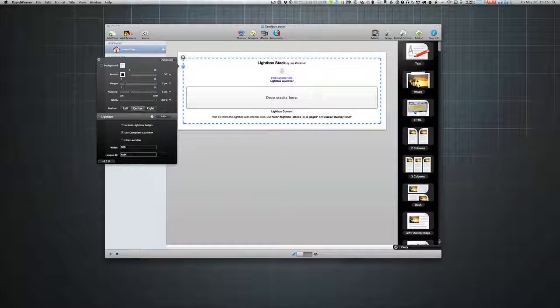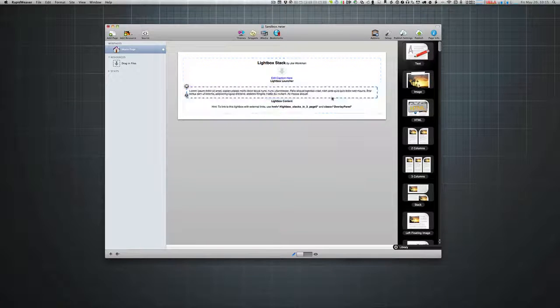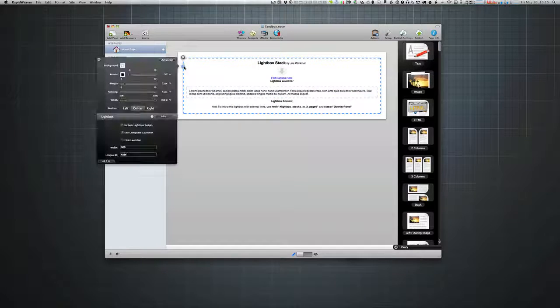It's not guaranteed that ID will stay the same, but if you're just using the Lightbox stack within itself, so basically you're putting your launcher image here, you're putting some text or whatever you want in here, you're golden. But if you want to launch via a text link or your own external link somewhere, you do have to change this,